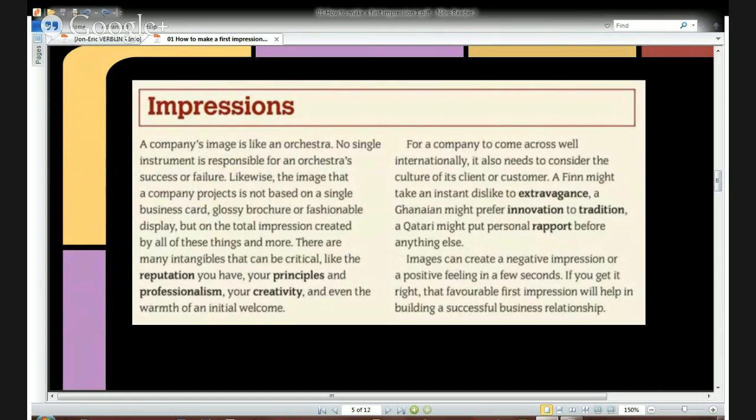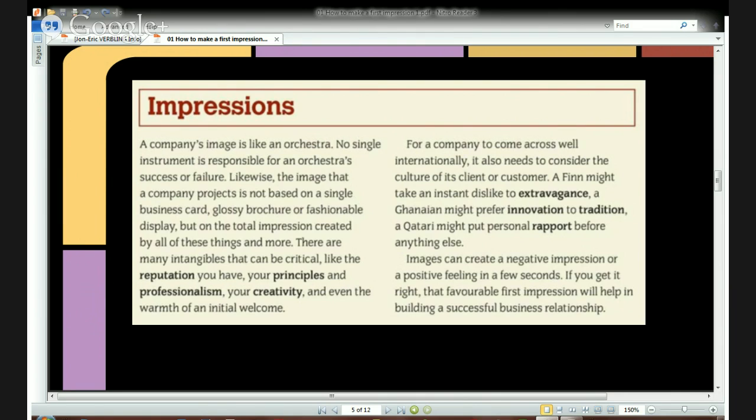Okay, I need to read. Please read. Impressions. An accompanying image is like an orchestra. Image. Okay, an image is like an orchestra. Good. No single instrument is responsible